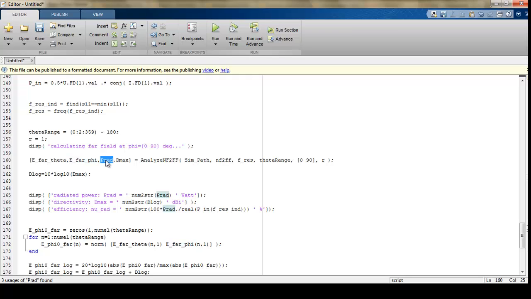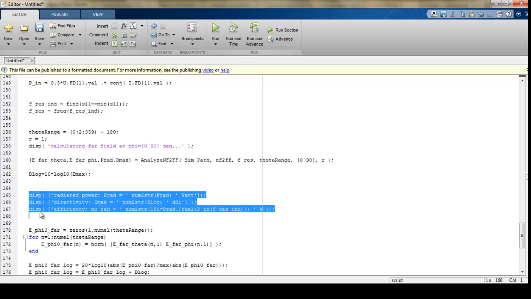P rad is the time average radiated power. D max is the maximum directivity. As you can see, all these values are now assigned to analyze the near field to far field. And this line is just to convert D max. Power and directivity are both now displayed,